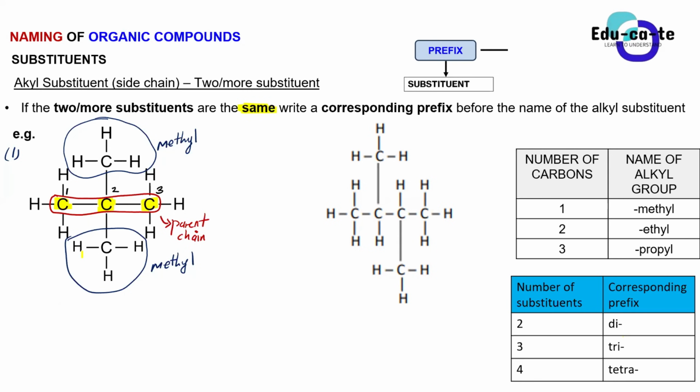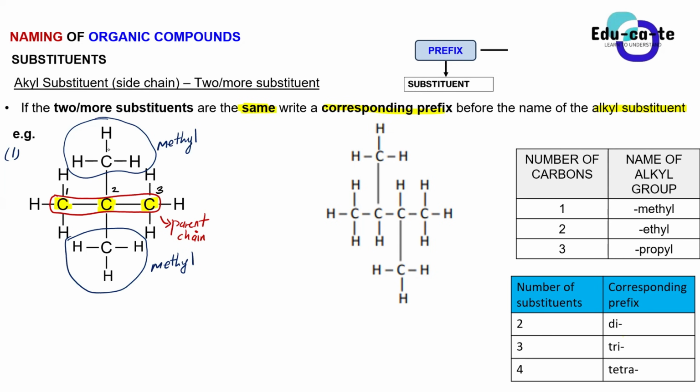It's actually repeated. So basically, whenever we are writing the IUPAC name, we need to write some corresponding prefix first before the name of the alkyl substituent. Remember that this alkyl substituent is a methyl group, but you must give a prefix before you write that it is a methyl group. That prefix will tell you how many of those methyl groups you have. Actually, we're having the same methyl group, but we are having 2 of them in this case.